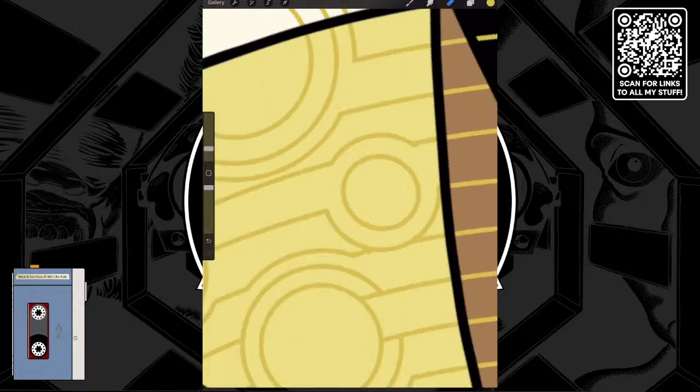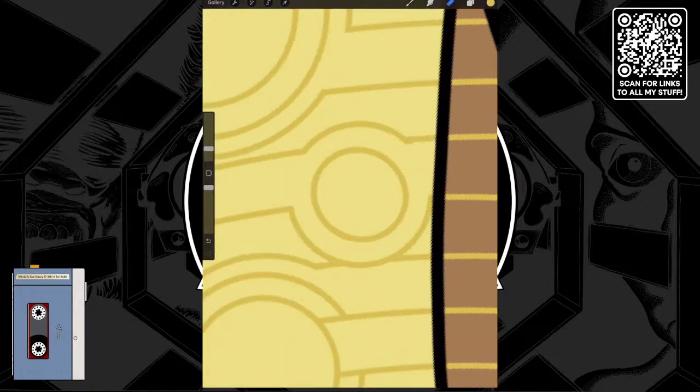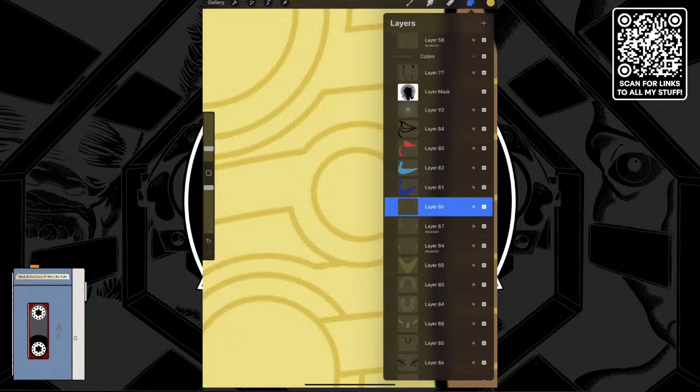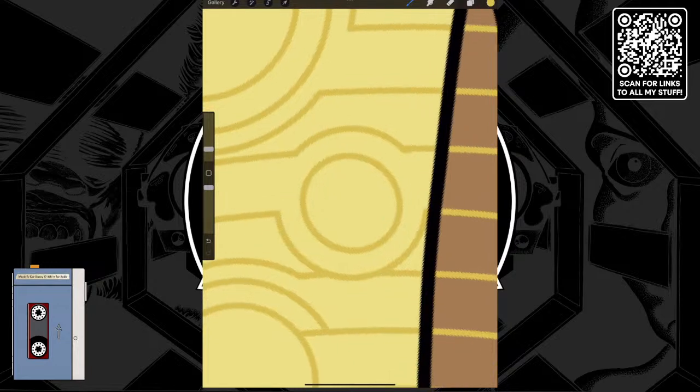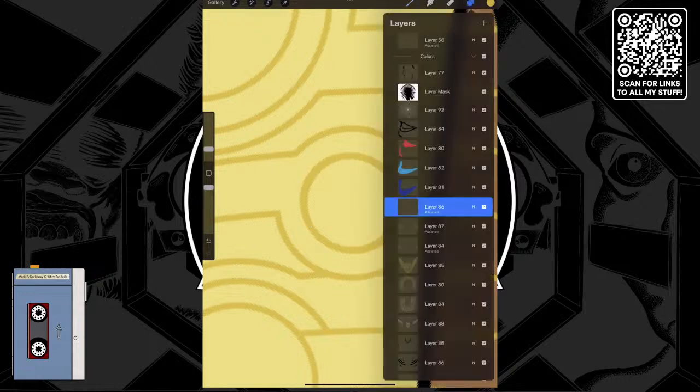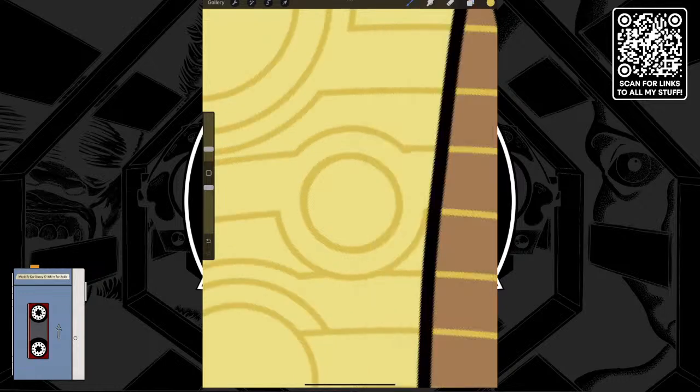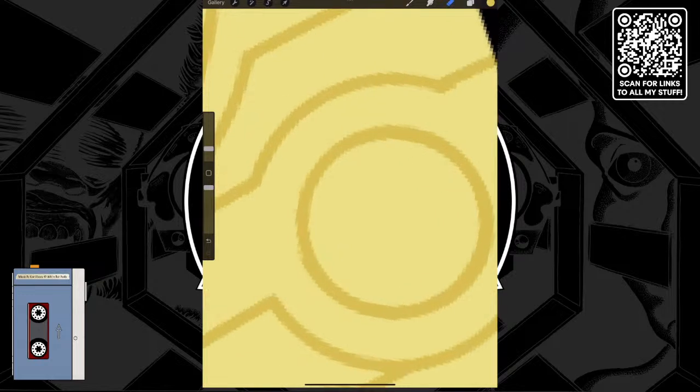That other thing, this just does not look like a circle to me. It really doesn't. So I have to fix this because it just looks bad. So I'm going to follow this line real closely. Turn it into a circle. And then underneath, which is here, I'm going to get rid of that. Because I just don't think that's a circle. I really don't.